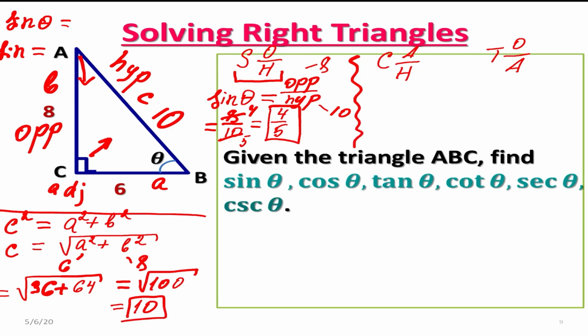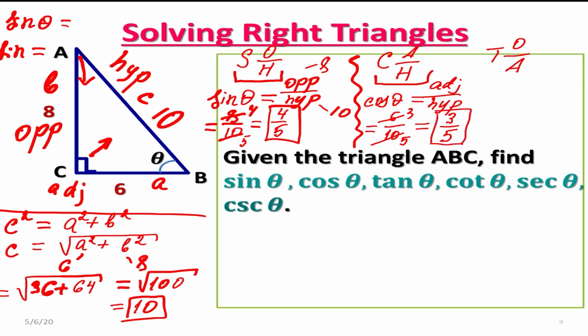Now, let's do cosine. So we're going to take the second part of this mnemonic device. So it's adjacent over hypotenuse. Now, your adjacent side is 6, hypotenuse is 10. So it reduces to, again, we can simply cancel off 2 from top and bottom, and it reduces to 3/5. And finally, for tangent, so tangent of theta, it's opposite again over adjacent side,